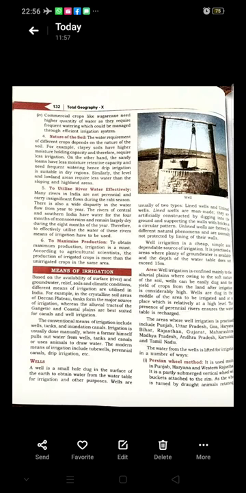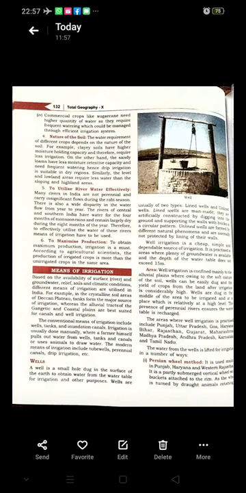Now, in our previous session, we had studied about the need to conserve water. We had studied about rainwater harvesting and the need for irrigation. Now, in this session, we will be discussing the means of irrigation, and from your book, page